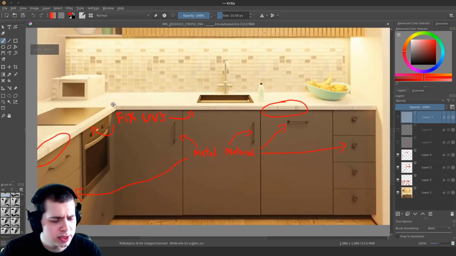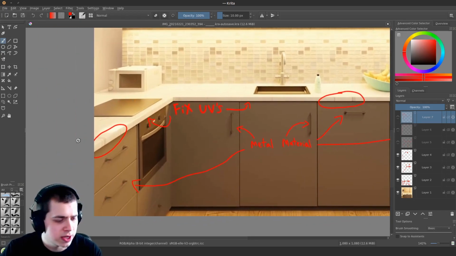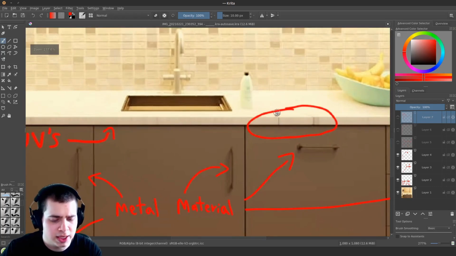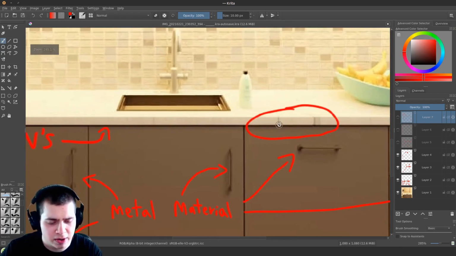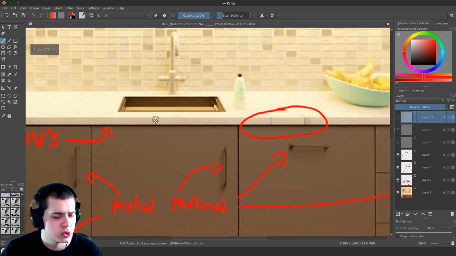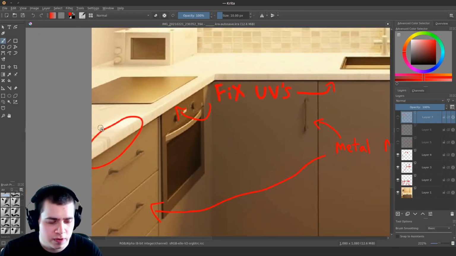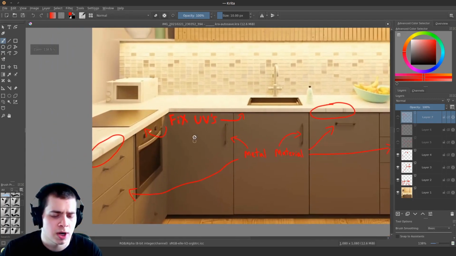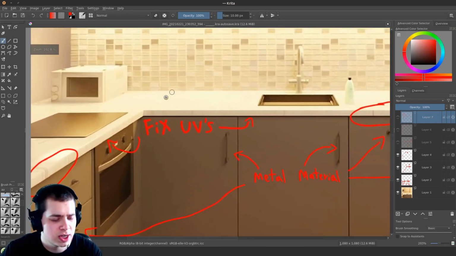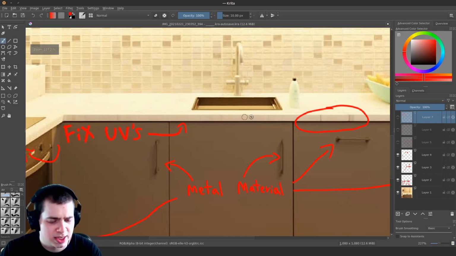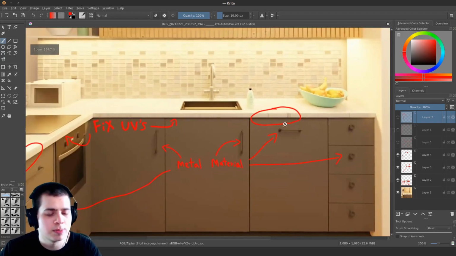And then also, it looks like some of the UVs need to be fixed. I really like this marble material that you added. It looks quite good. But you can see that on the lip here, when it comes down, the marble texture is kind of being stretched. You can see right there. You can also see it right here. It looks like the UVs are being stretched. So go in there and fix the UVs so that it's not stretched, because it just looks like the texture in here is all being stretched and pulled down.